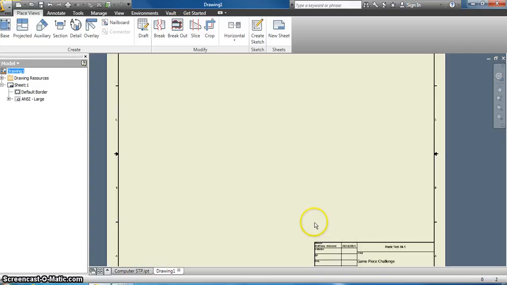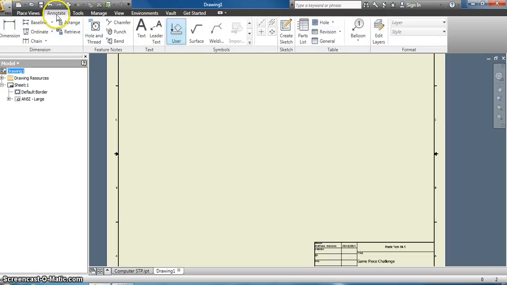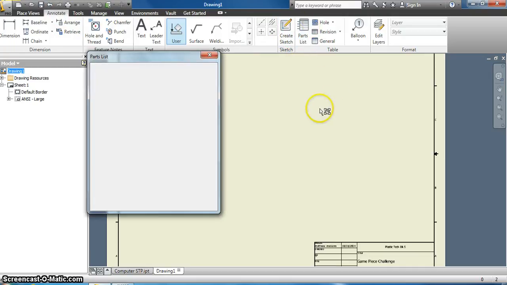So that's your title block, that's completed. Next item that we're going to do is we're going to put in a parts list. To go into parts list, we're going to go to the Annotate tab. So I want you to select Annotate, and you're going to see Parts List. I want you to select Parts List,